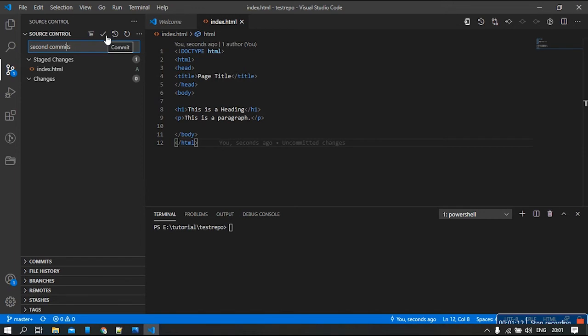So I'll commit it to my local GitHub repository, and to push it to my remote repository, first of all I have to write git push. So in this way the changes from my local master branch will go to the remote repository's master branch. You'll see a few logs associated with it.